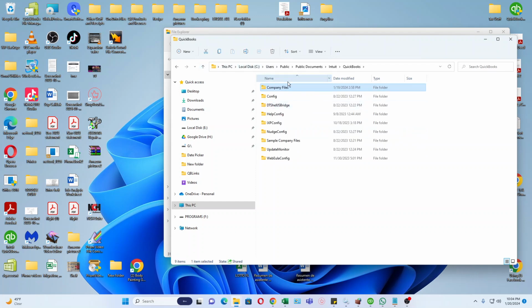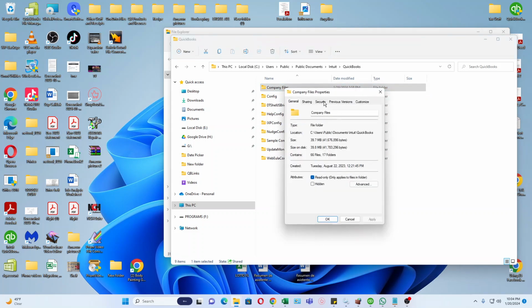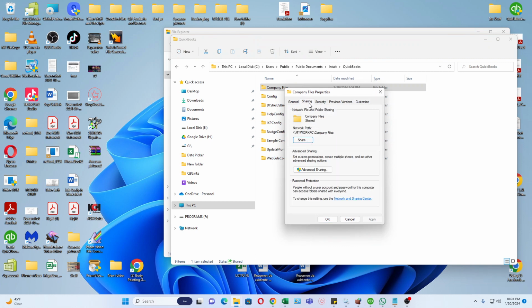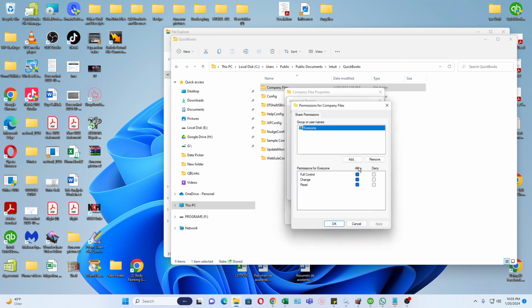You want to make sure that the sharing is fine over here. You want to right click, go to Properties. You want to check your file sharing, and this is the path to the file. So you just want to check your advanced settings and make sure that this is checked, and then you want to check your permissions over here. You want to make sure that this is all checked here,